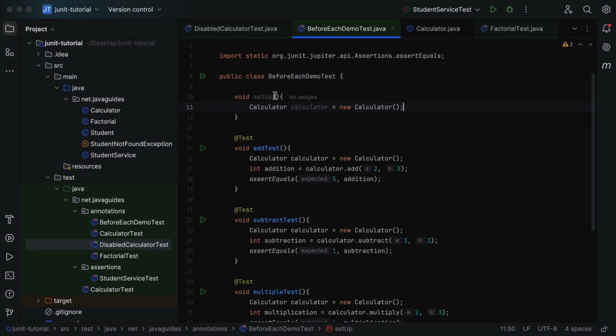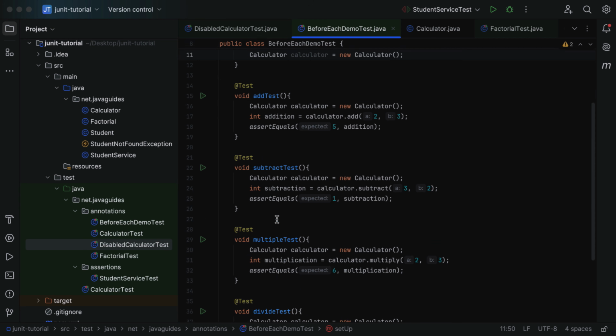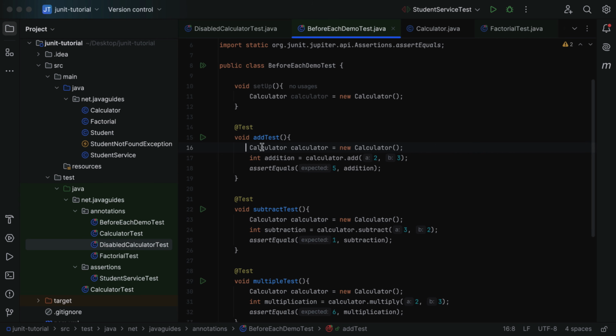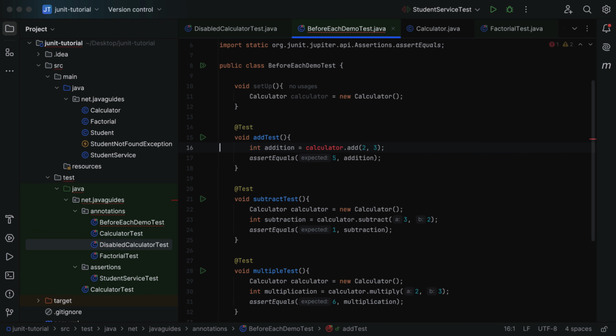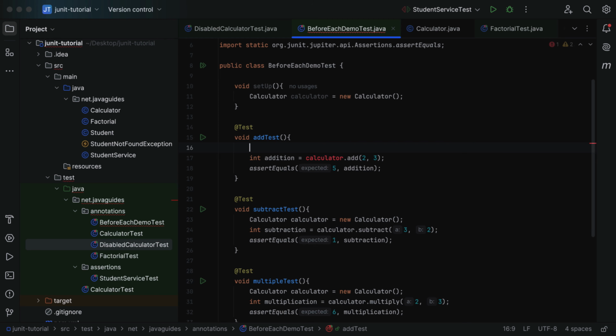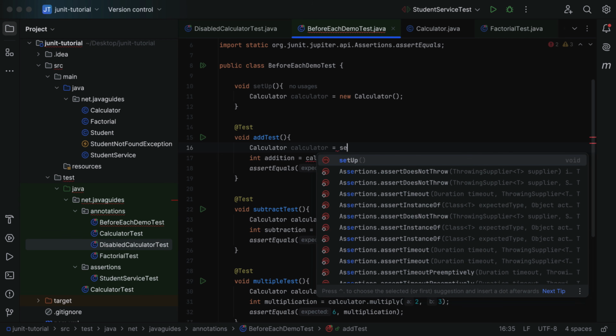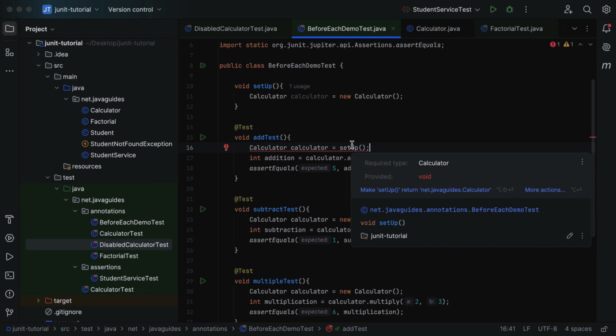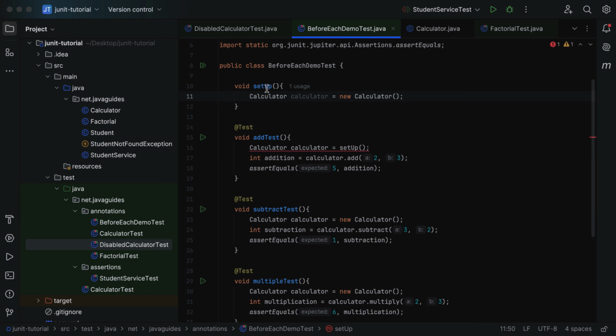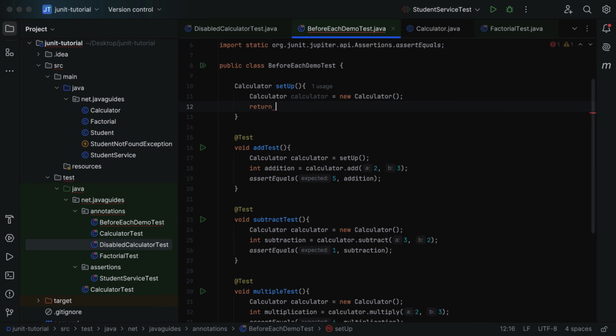Perfect. Next, let us call this setup method in each and every JUnit test case. So instead of creating the calculator object here, just write calculator equal to setup. Next, this setup method should return the calculator class object. So here just change the return type of the method to Calculator, and add a return statement to return the calculator object. Okay, perfect. Next, if I run the JUnit test case,